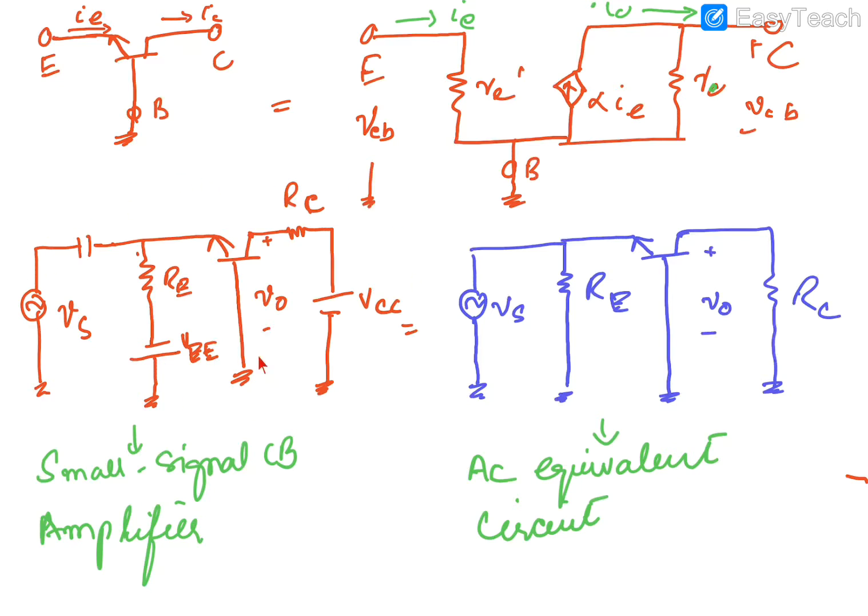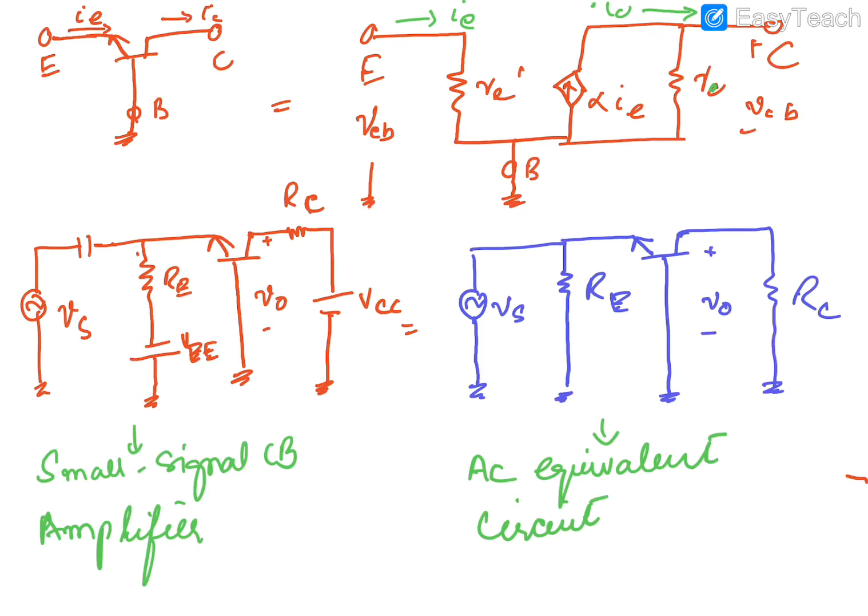This is a typical common base amplifier with AC input and capacitors. This is the RC biasing resistance connected with the collector terminal. This is the RE biasing resistance connected with the emitter terminal. This is the biasing voltage VE. This is VCC. If you have to draw the equivalent model for AC only, as we are considering the small signal model, it means that we are considering only AC voltage. So you have to short circuit all the DC voltages, which are VE, VCC, and this capacitor.